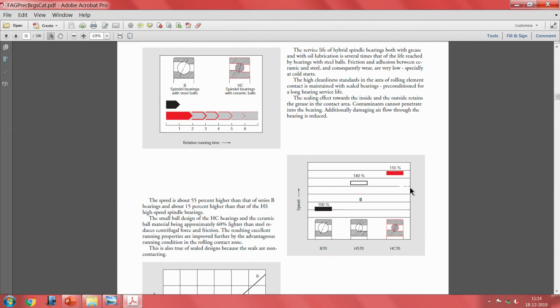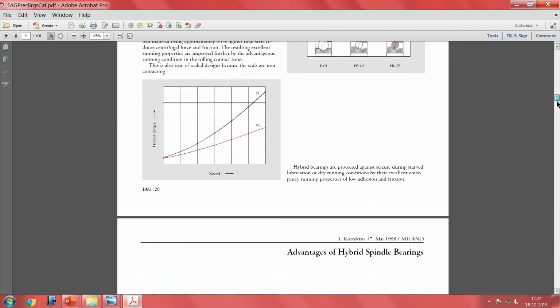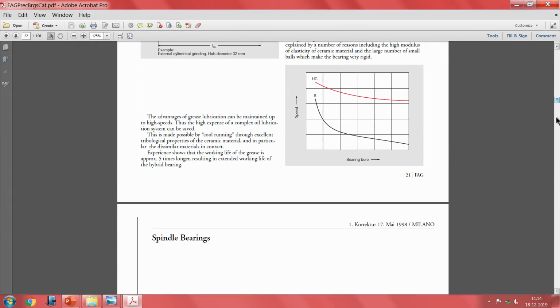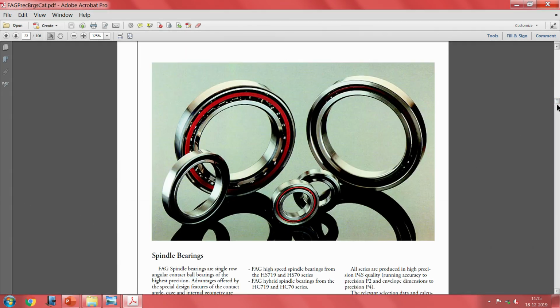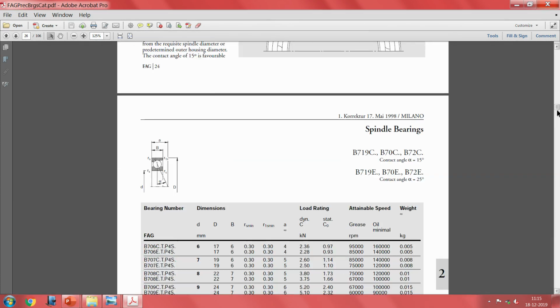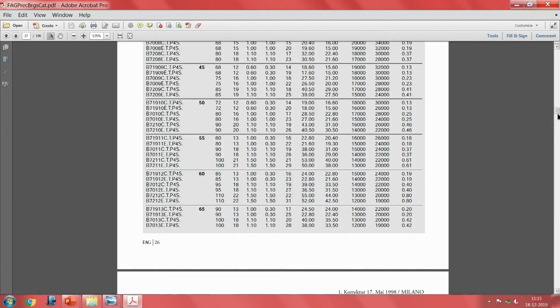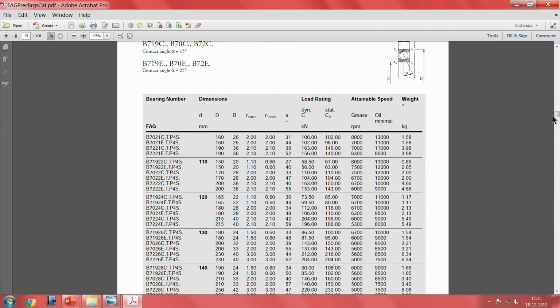You have seen here saying with respect to speed where exactly this application can be used and which is the type of bearing we try to use, and the service factor saying bearings with steel balls, what is the service factor, and all that they have worked a lot and decided on how to maintain these various factors. This is one of the random catalogs I have picked up,